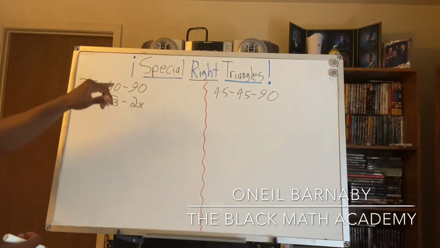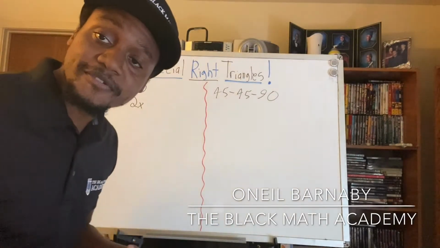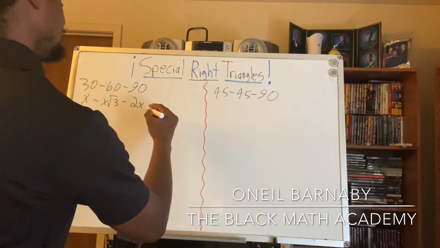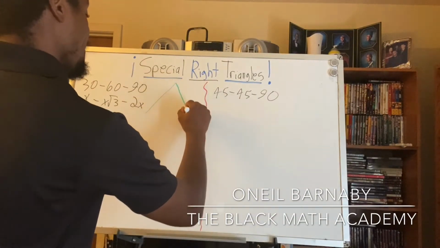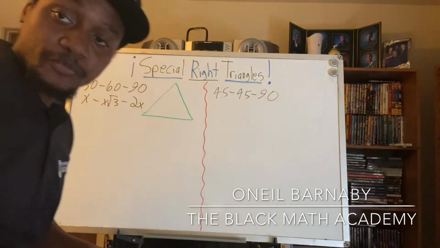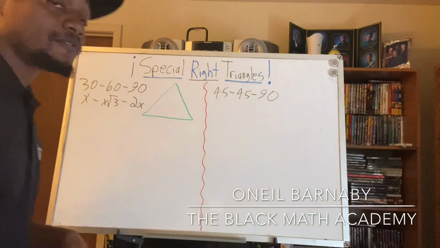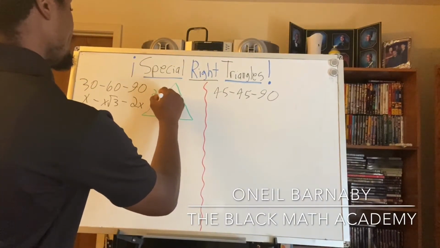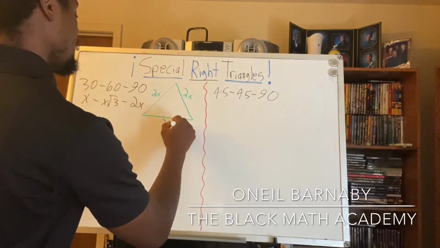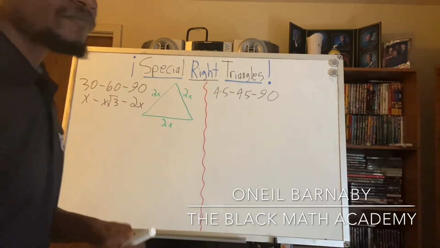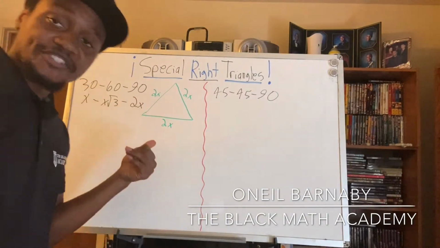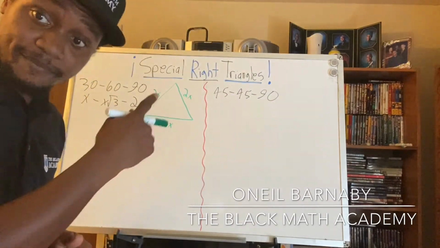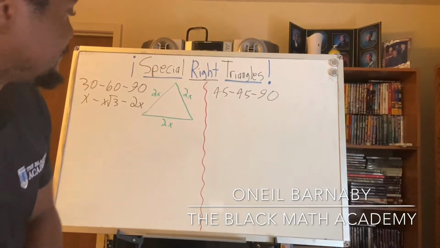So the 30, 60, 90 triangle actually comes from an equilateral triangle. So you have a triangle where all three sides are the same length. So for our example, let's just call each side 2x. Let's just say, okay? So what happens when you take this particular type of triangle and you cut it in half by creating a perpendicular bisector from the top? So if I do that,